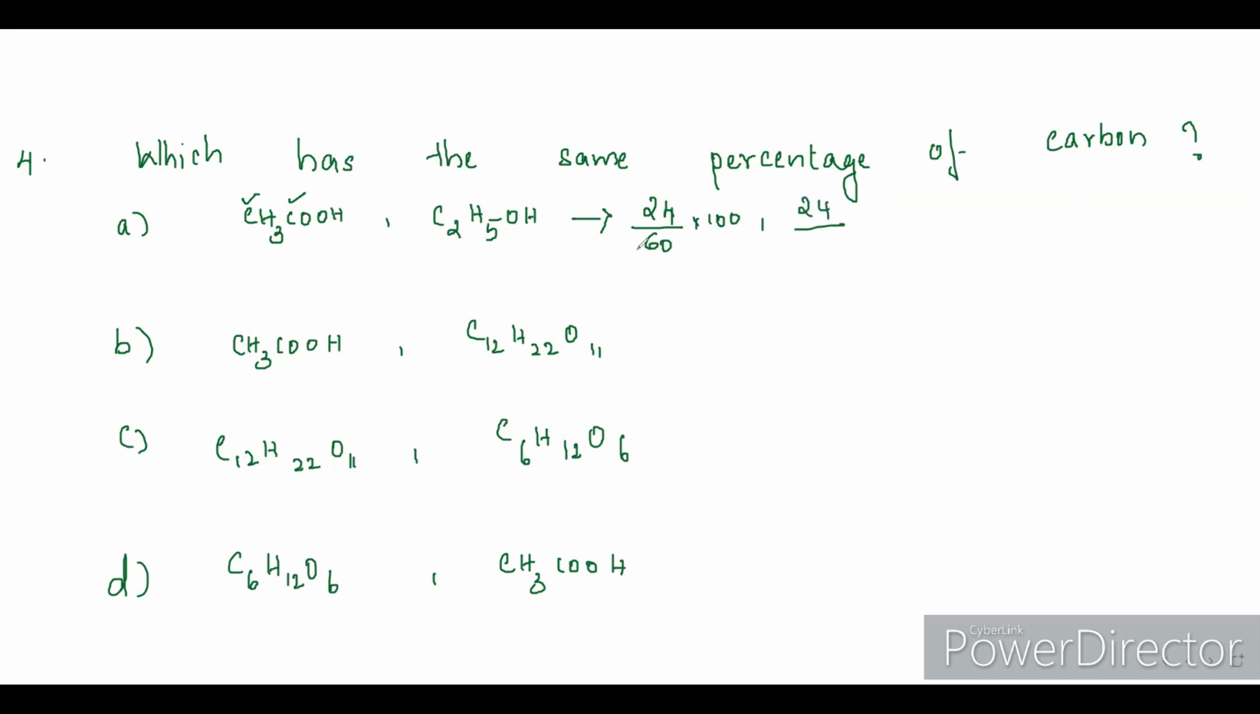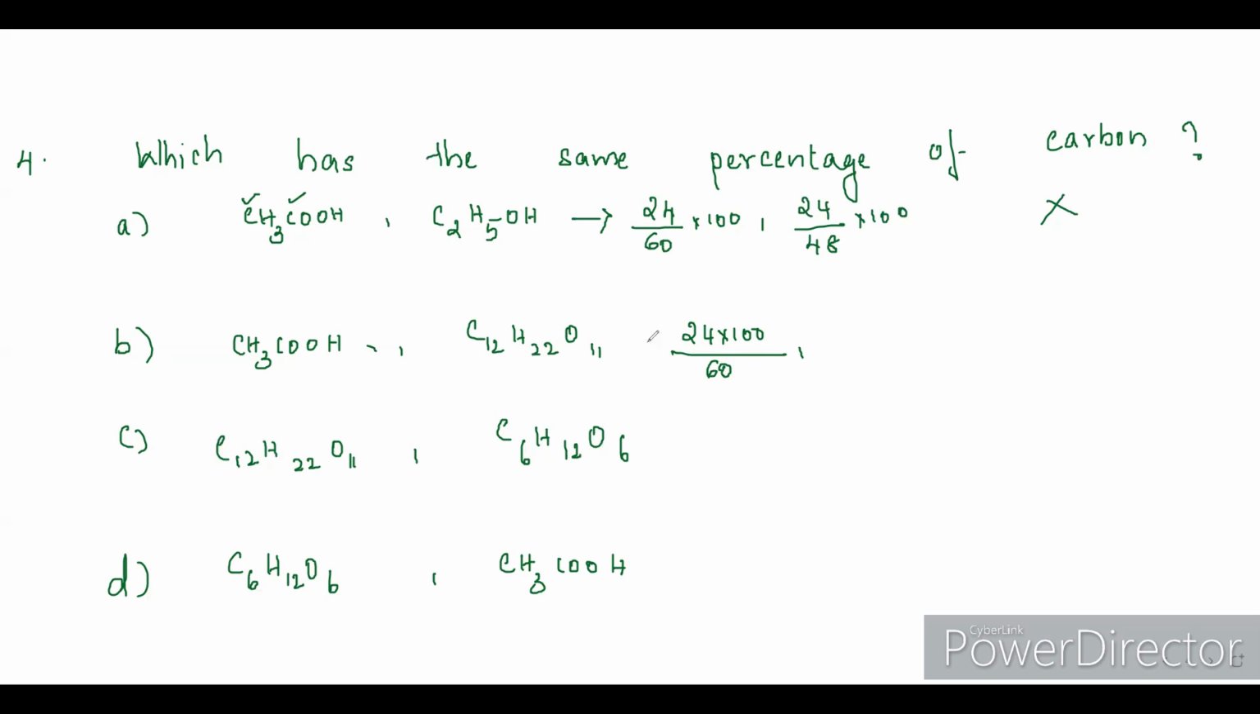Again, 2 carbons are there. And ethanol's molecular mass is 48. Now, since the numerator is the same, and the denominator is different, this is not our answer. Definitely, they don't have the same percentage of carbon. Moving on to B, acetic acid. I just calculated in the first case, so I'm just copying it. 24 by 60 into 100 and